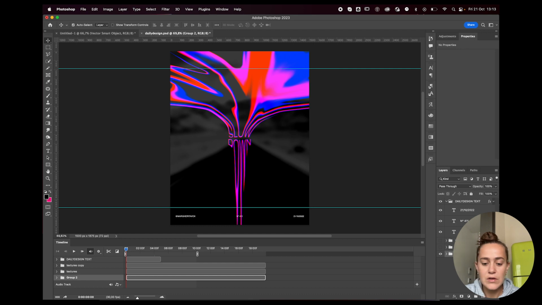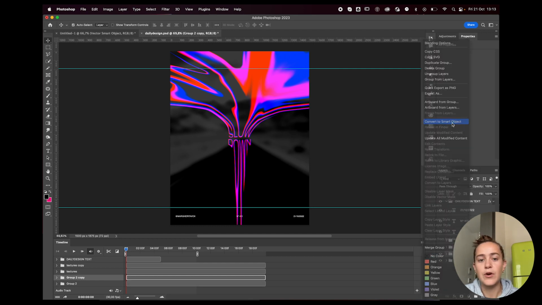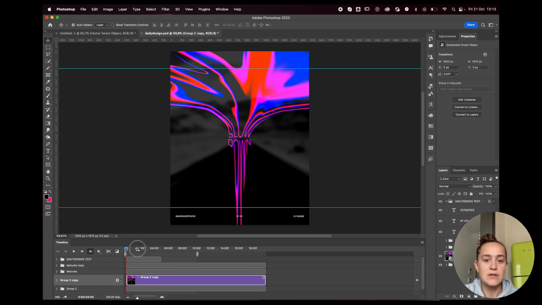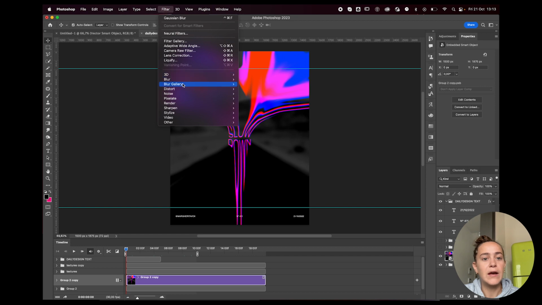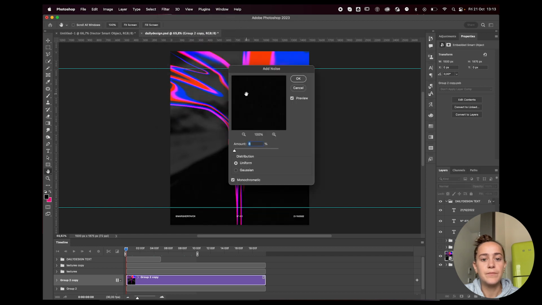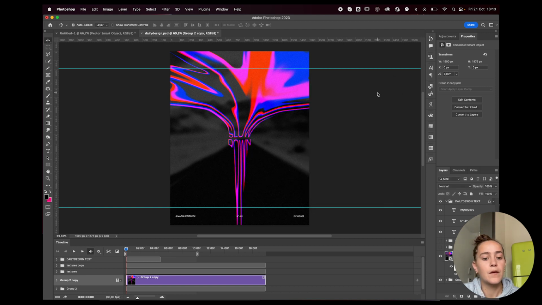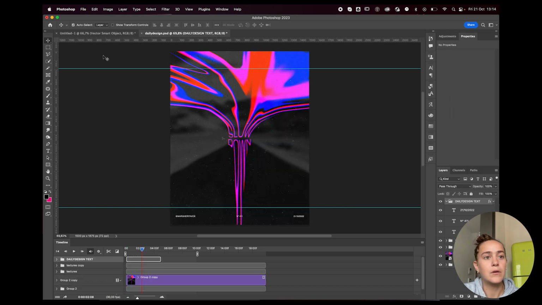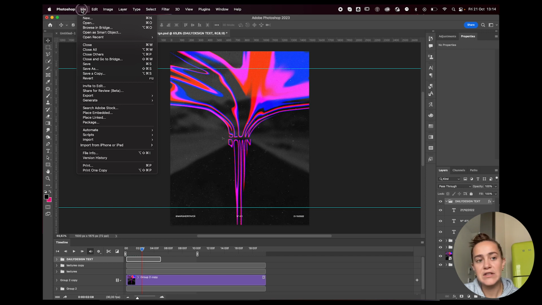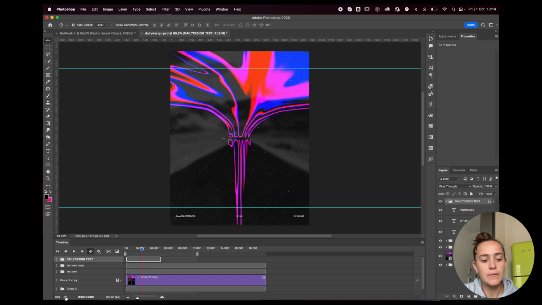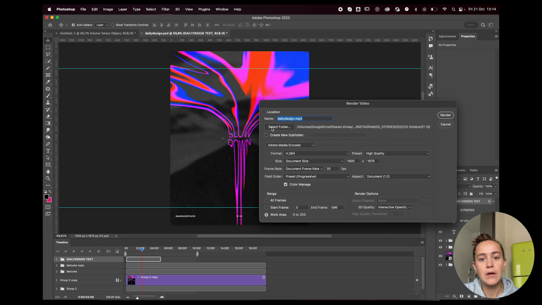Now what I'm gonna do is duplicate the whole layer, right click, convert to smart object so that this is still a video. And now I'm going to add a bunch of noise because why not? I love noise. And then I'll add my textures. Pretty cool. All you have to do to export is just click here on this little arrow at the bottom,